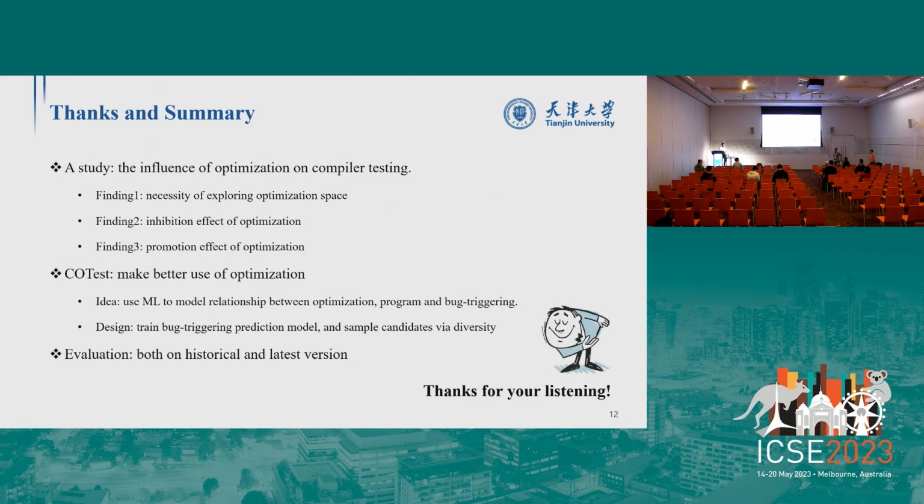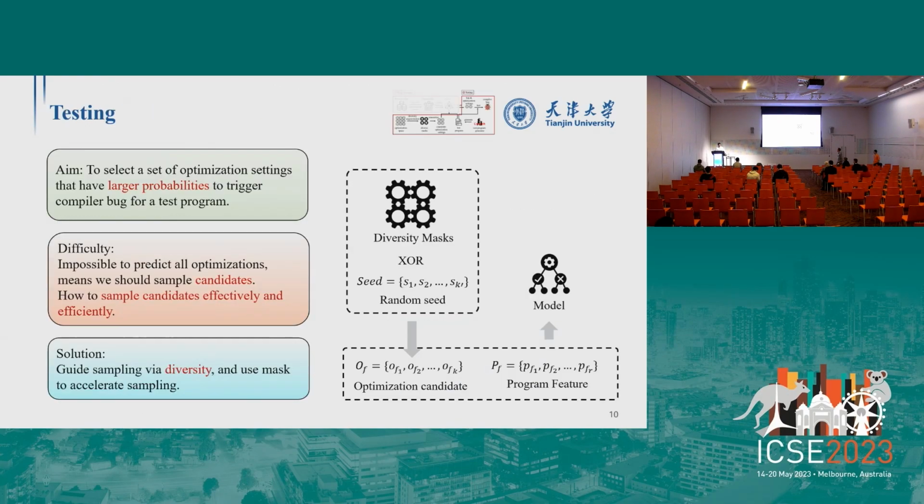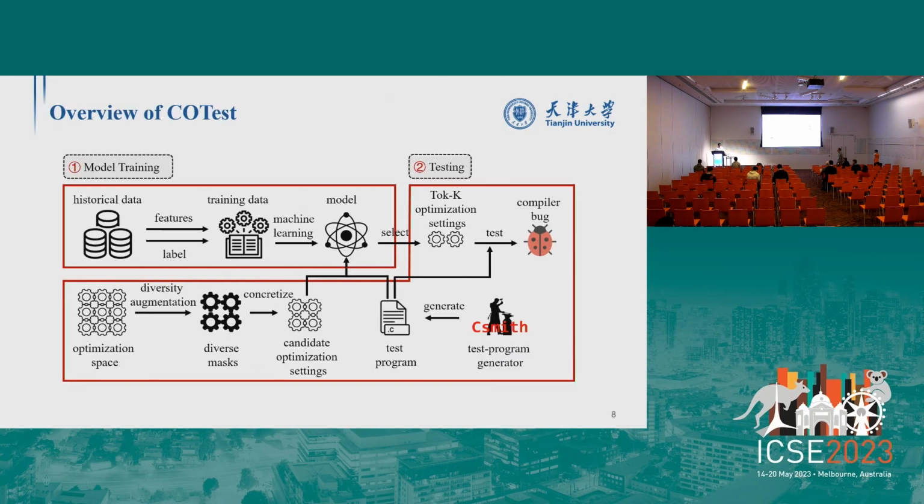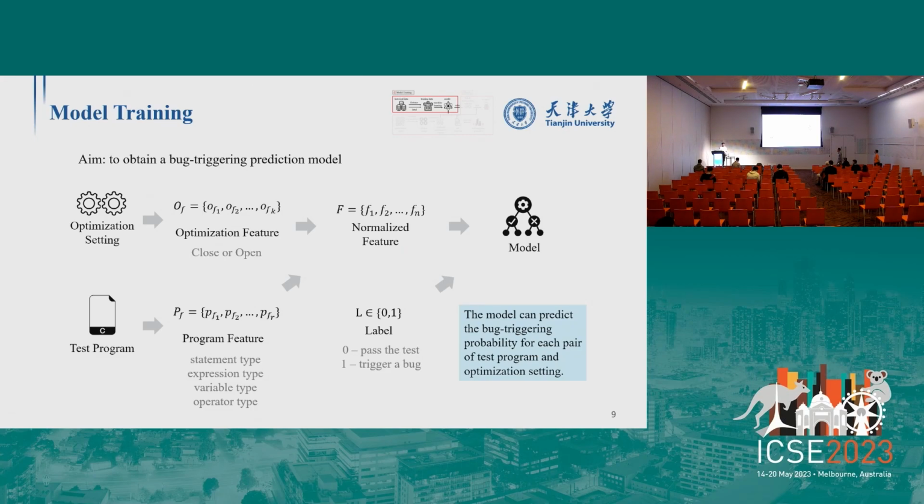Hi, nice talk. How did you get enough data to train this prediction model? Are there so many bugs in compilers? Do you mean the duplicate? For the prediction model that you were building, the training data for that? We collect the training data on the historical version of compilers. And we use the randomly constructed optimization and the test program generated by CSmith to test the historical version of compilers and collect the train feature and the train label.